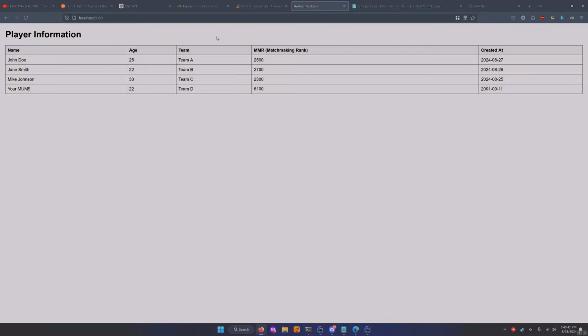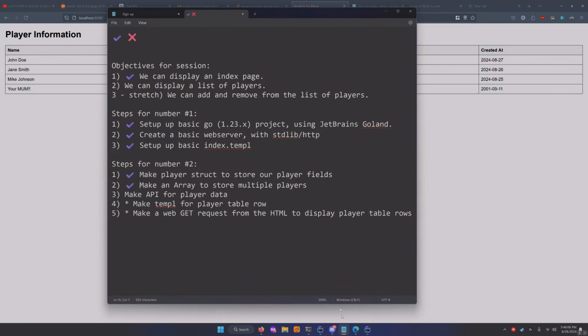And we want to be able to drive this table based on data, because our eventual product is going to get stuff from an API, and then it's going to stick it in a database somewhere, and then that database is going to serve data to that. So we need to be able to do that mechanism. So let's go back to our goals and make sure that we're being thorough about everything. So yeah, we've made an array to store multiple players,